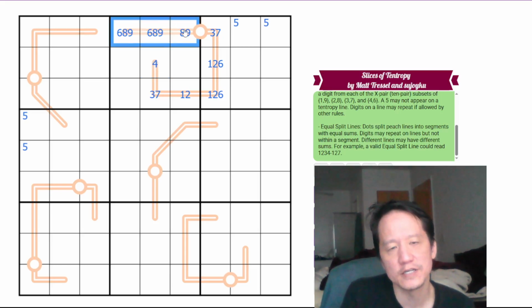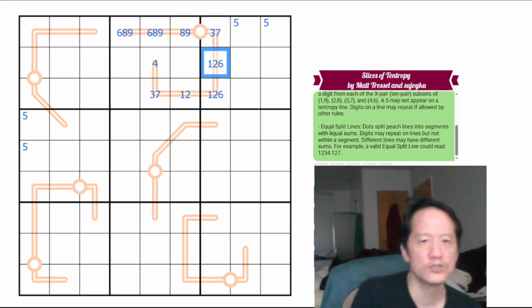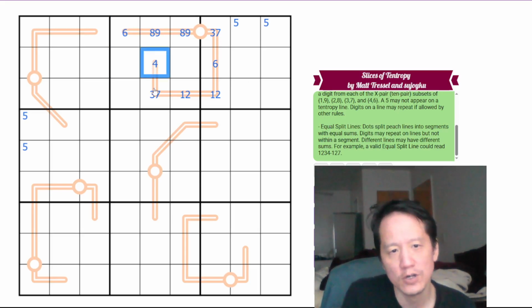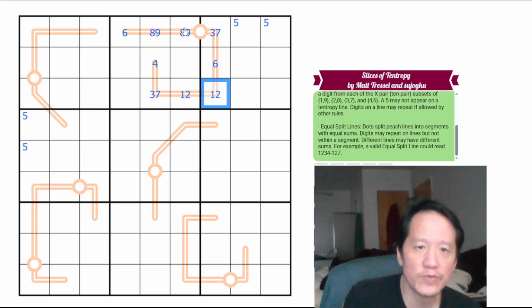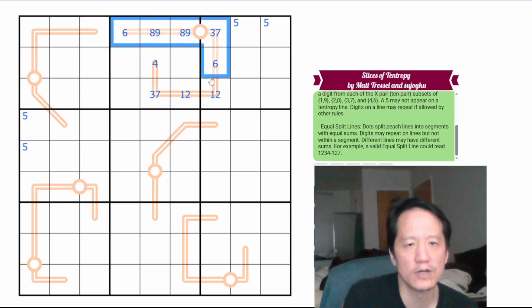So if this is 6, 8, 9, this would be 4. This wouldn't match this one because that's 4 away along the Tentropy line. So this is 3 and 7. This would be 4, which would force this to be the 6. This would have to then be 6 here. So this would be 6. This would be 4. We'd have 3, 7, 1, 2, 1, 2. Right? And the 1 and 2 match the 8 and 9. And then the 3 and 7 would match each other. So this is what it would look like for 6, 8, and 9, adding up to 1, 2, 3, 4,